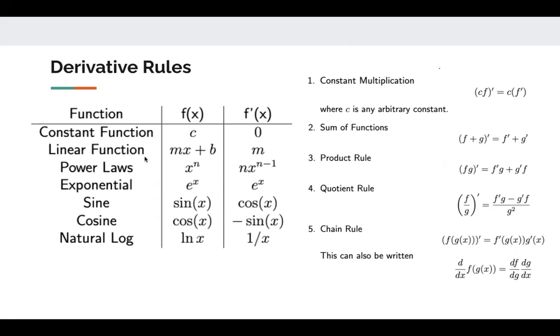So let me just see if I have any comments here. Yeah, notably, the derivative of e to the x is e to the x. That's why e is a special number, one of the many reasons why we consider e a special number. And another thing about power laws, this is x to the power of n: n does not have to be an integer. So notably, if we switch to this tab,